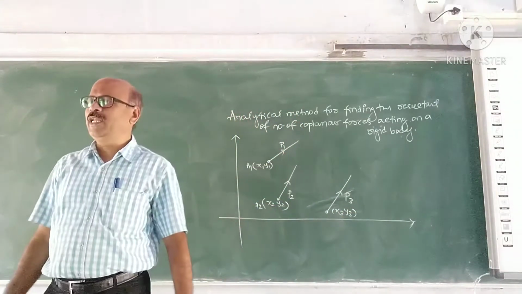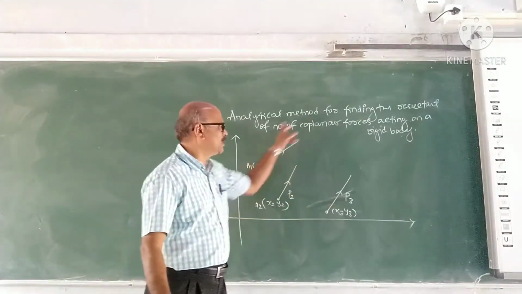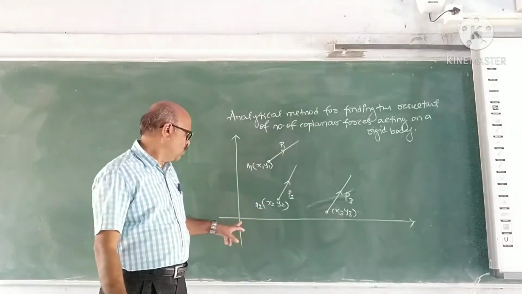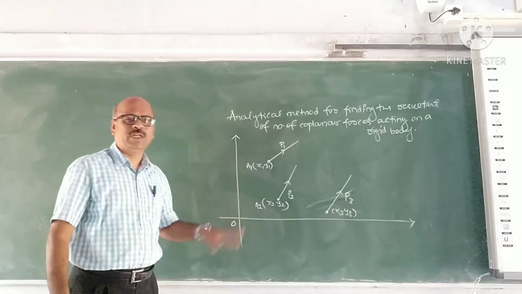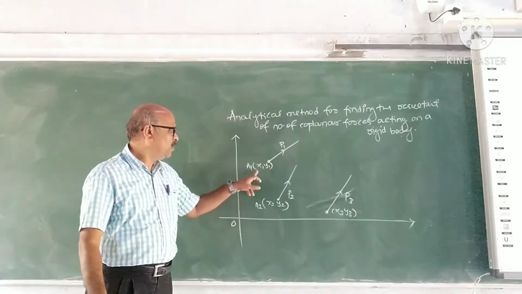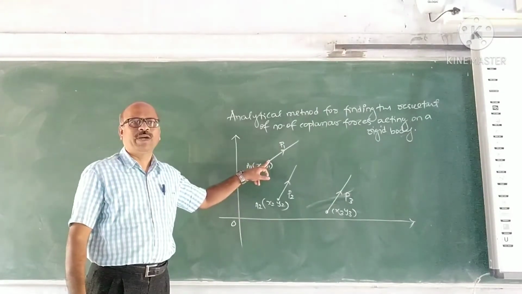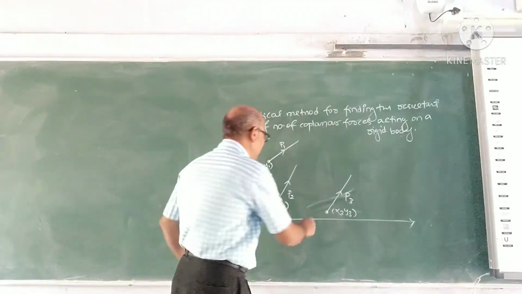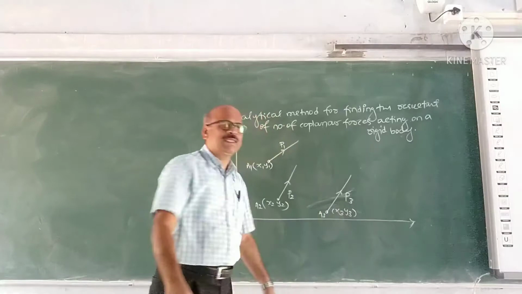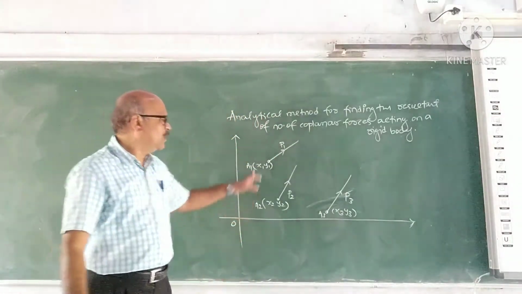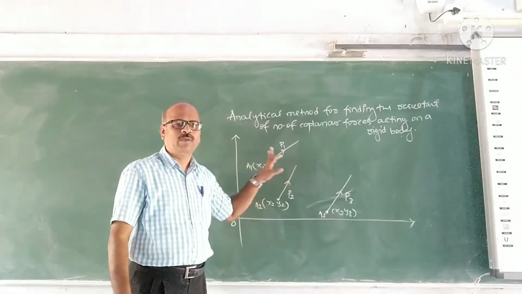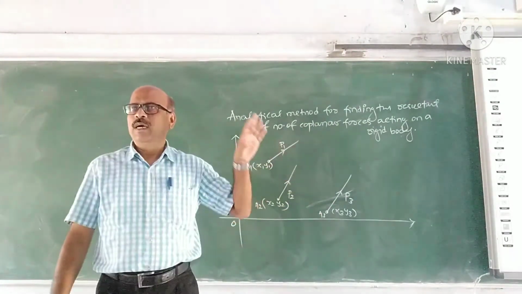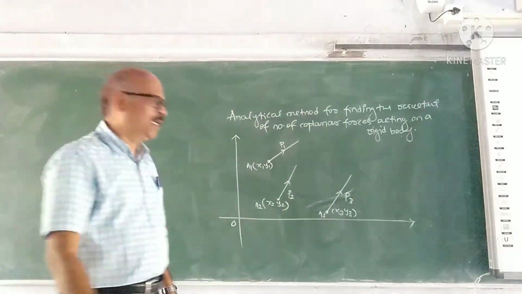We consider coordinate axes. Suppose a number of forces are acting like this on a rigid body, then we draw two mutually perpendicular lines through some point, say O. Take this as origin. With respect to this origin, we can locate the points here. A1 means x1, y1. Coordinates of A2 are suppose x2, y2. And A3 are x3, y3. Now we find the resultant of these forces. Suppose n number of forces are there, and we find the equation for the line of action of the resultant.